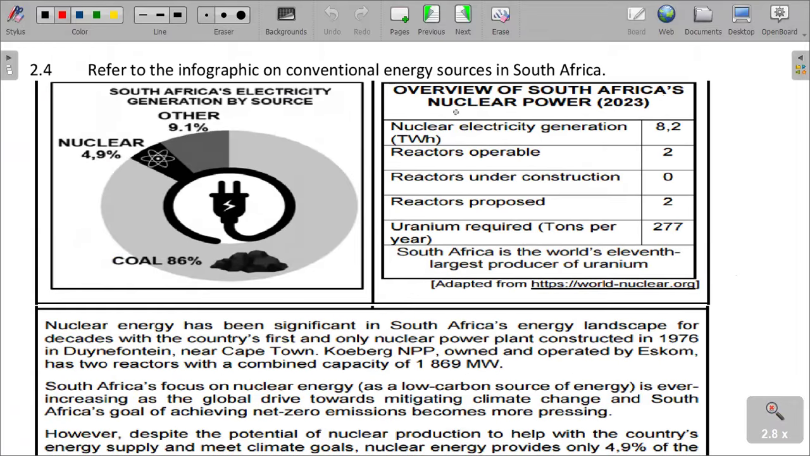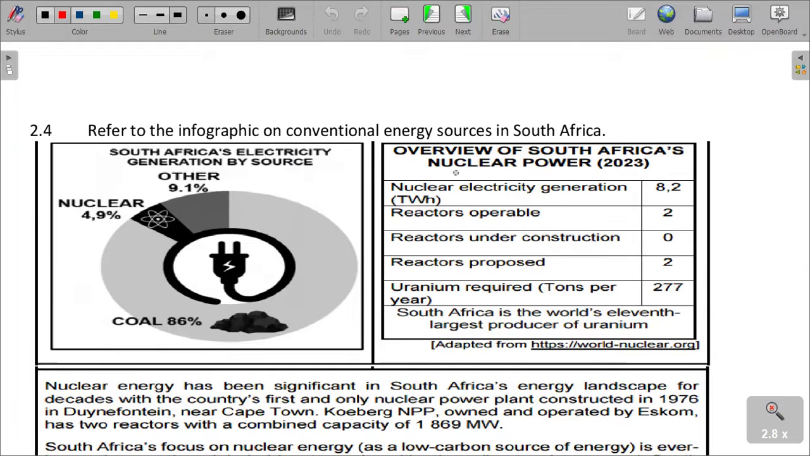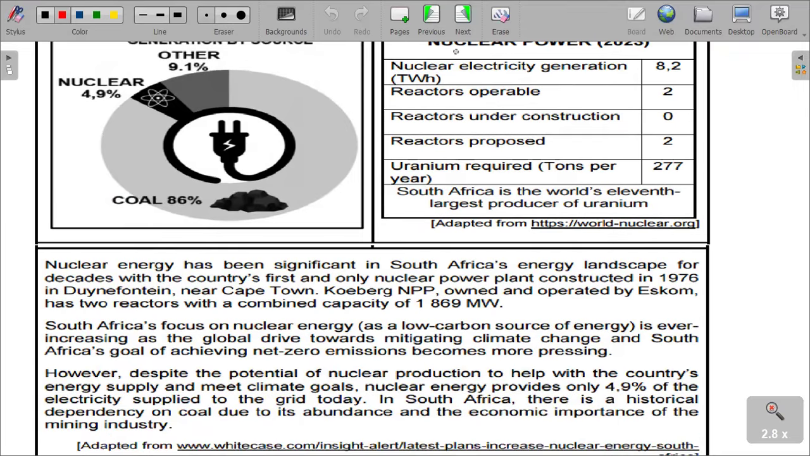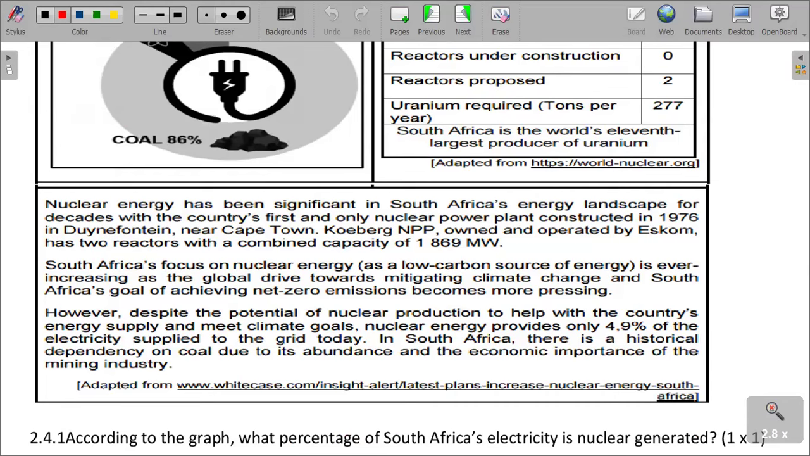And then we are given here the conventional energy sources in South Africa, nuclear energy percentages, coal and all others. Nuclear energy has been significant in South Africa's energy landscape for decades, with the country's first and only nuclear power plant constructed in 1976 in Duynefontein near Cape Town. Koeberg, owned and operated by Eskom, has 2 reactors with combined capacity of 1,869